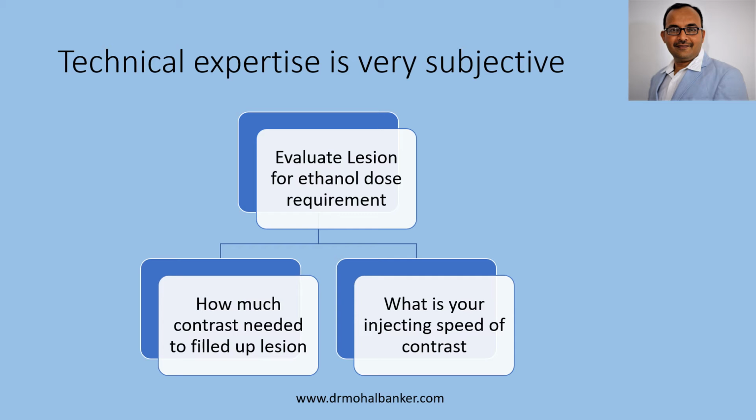That's why technical expertise is very important, and that's why I always suggest that if a center is doing 1 to 5 cases or 10 cases per year, then that center will not develop the expertise for treating vascular malformation. So the patient has to choose a vascular malformation treating center which has treated a very high number of patients. Technical expertise is already developed in that center, and if the patient is treated by a technical expert, then the outcome is definitely better.